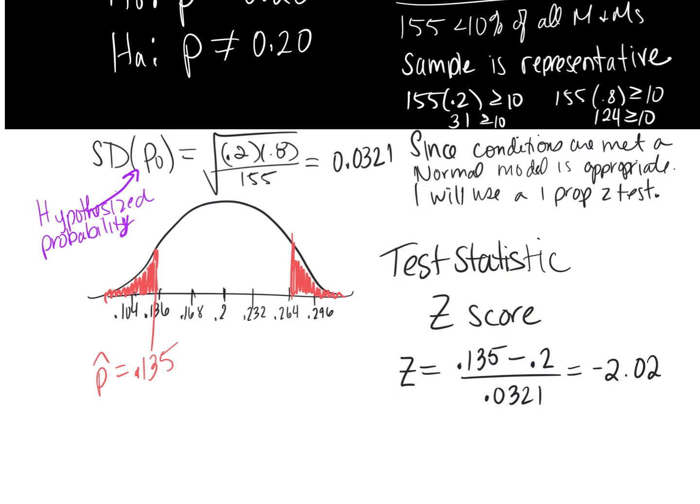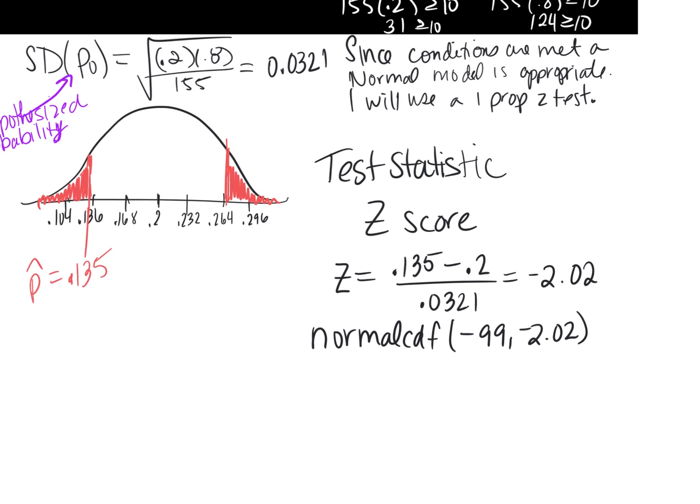that calculation correctly. And then we find our p-value by doing normal CDF and multiplying it by 2. So we're going to do normal CDF, negative 99, negative 2.02. When it's a two-tailed test, the sign of the z-score will tell us whether I'm using negative 99 or positive 99. If it's negative, I want the lower part, negative 99, and then I'll times it by 2. If it's positive, I'm given the upper part, so I'm going to do positive 99 and then times it by 2. So whatever I get here,